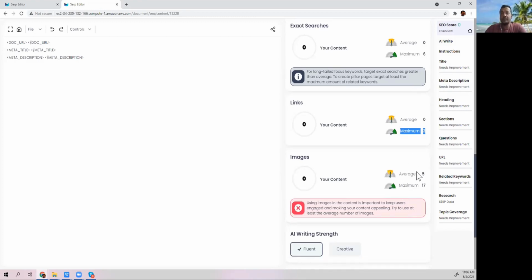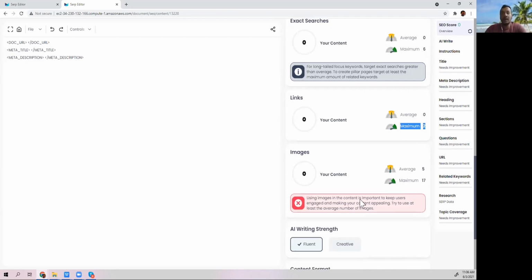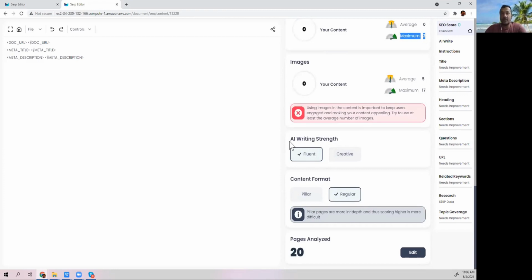Then what sort of images they're targeting. I see that a lot of people are using images in their content. This could be related to a product they're selling or some benefits they're showcasing. It could be anything. All right, then we come to the setting, which is the AI writing strength, and you can do the rewriting. This is for rewriting purposes only. This is not the GPT-3 function. We will go through the GPT-3 function that we have built out in the later part of this webinar.